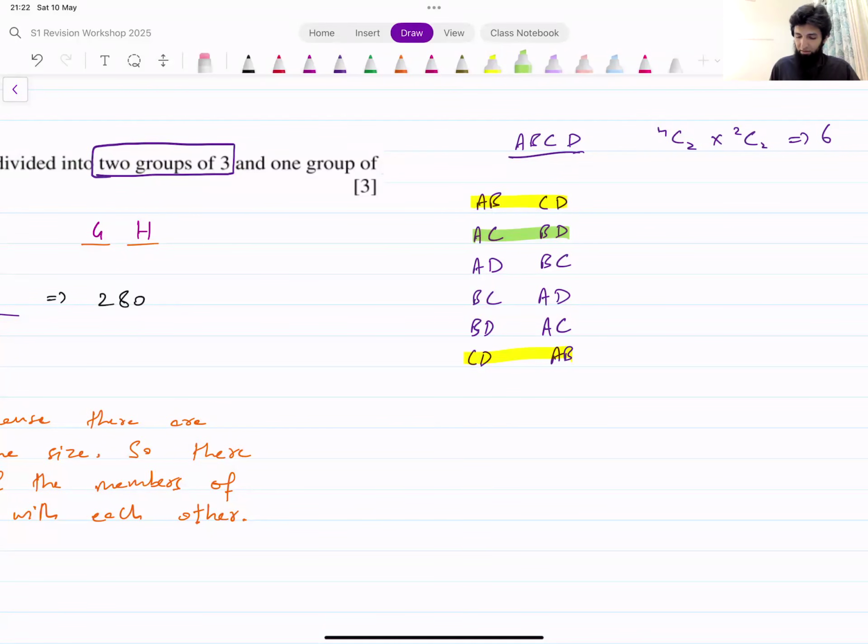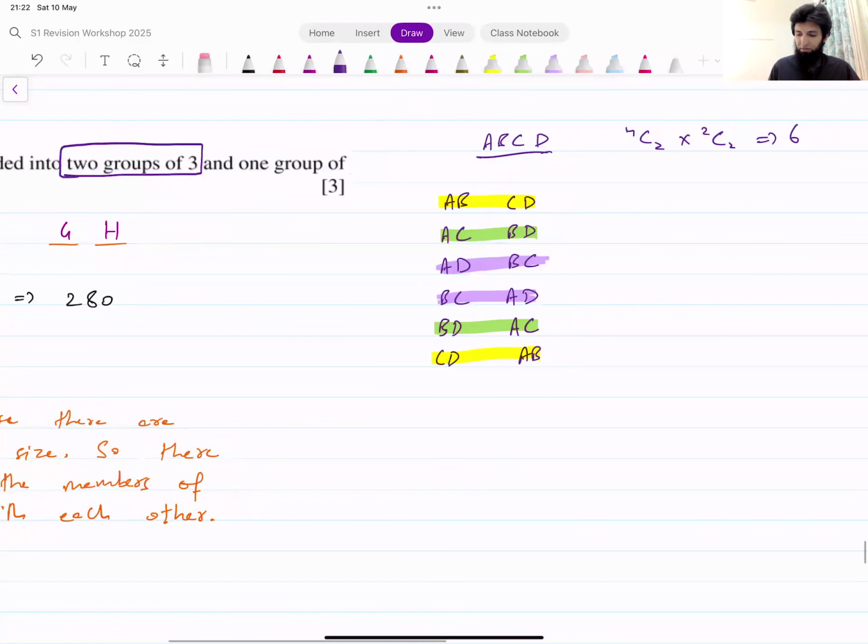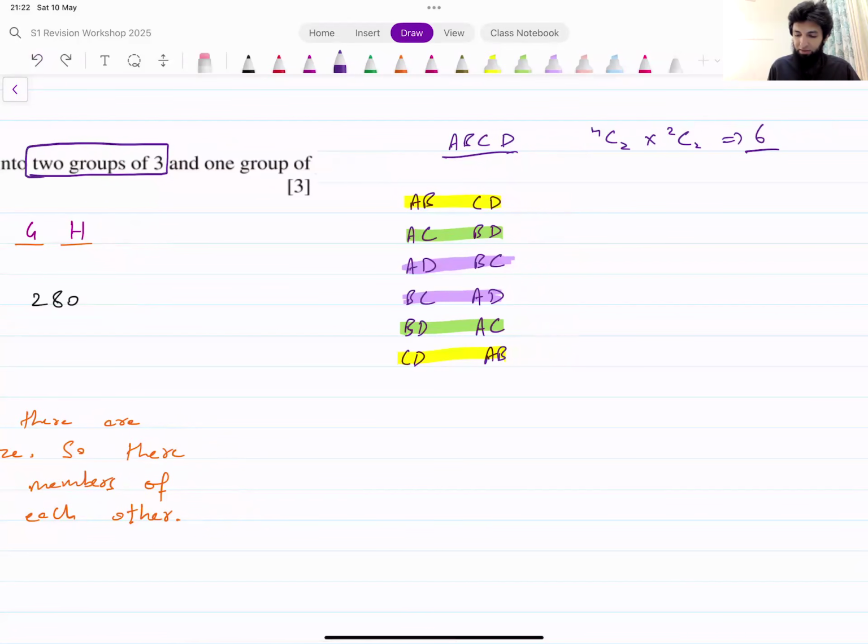These two are identical. And these two are identical. These two are identical. So actual different groupings is only 3 different groupings. This is giving us 6. We have to divide this by 2 factorial